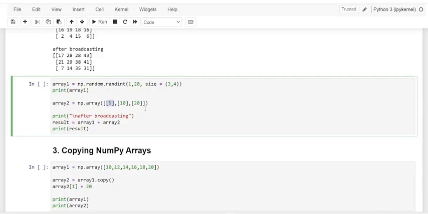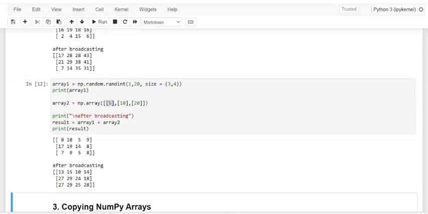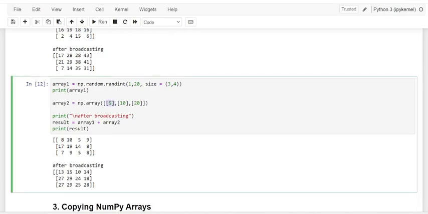So kindly observe here, and when resulting, what do we get? Let me execute this. So see here, 8, 10, 5 and 9 is the first row. 17, 19, 14 and 8 is the second row, and 7, 9, 5, 8 is the third row. And kindly observe, dear friends, this is how it is added up: the first row of array 2 has been added to the first element of array 1, 8, which is added with 5 and it resulted in 13.